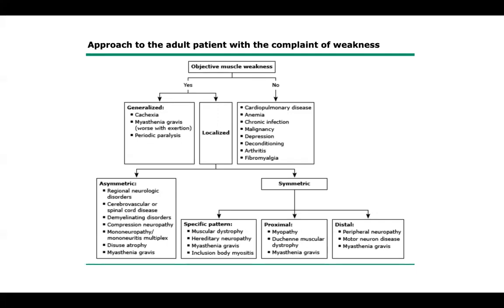But if they do have objective findings, then you want to determine if it's more of a generalized weakness or if it's localized. And once you have localized findings, differentiate between symmetric and asymmetric, and determine if there is a specific pattern, often that pattern tends to be in the,